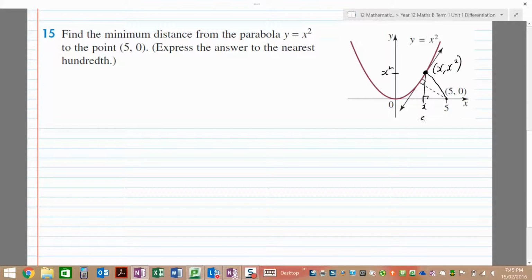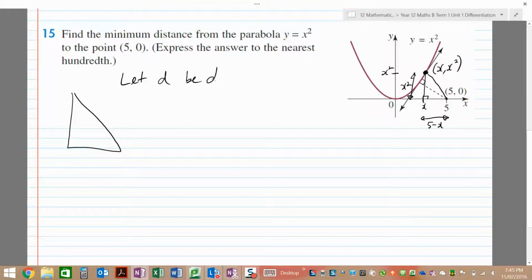Right angle triangle. This distance is 5 minus x. This distance is x squared. Again, let d be the distance. I've got 5 minus x and x squared and d up here. Okay, write my equation by